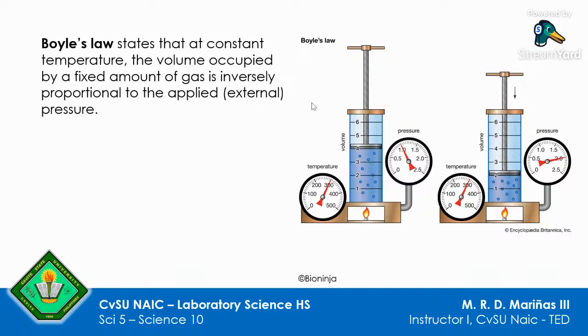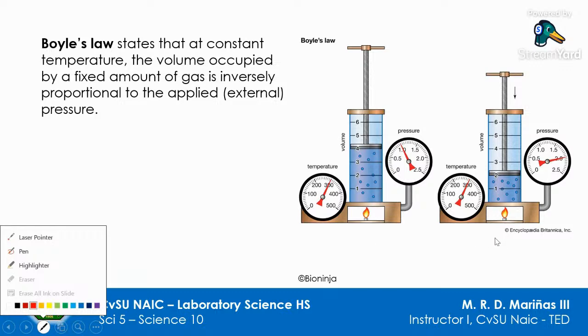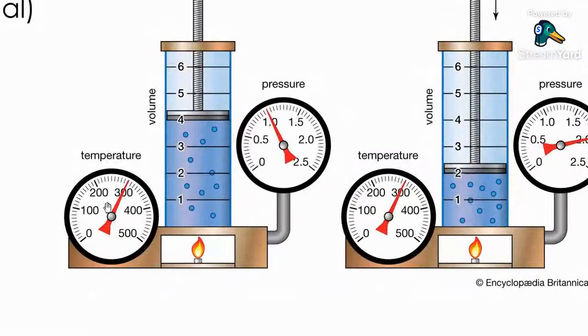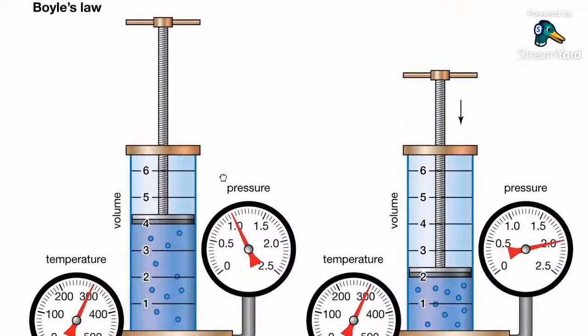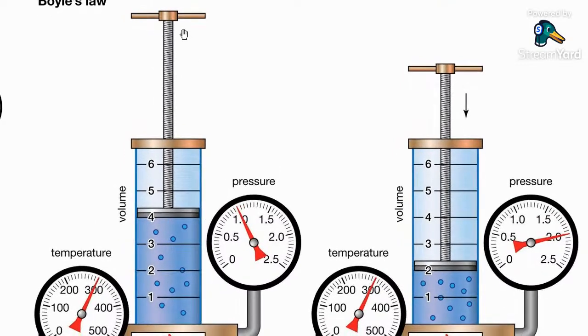For example, let's see sa ating ginamit na diagram here. Zoom natin yan. Kitang-kita sa ating diagram that the temperature for both devices, for these two pistons, are constant. They are both at 300 Kelvin in this case. So hindi siya nagbabago. And as you can see there, meron tayong movable pistons po ito. So, kapag nakataas yung pistons natin, obviously, mababa ang